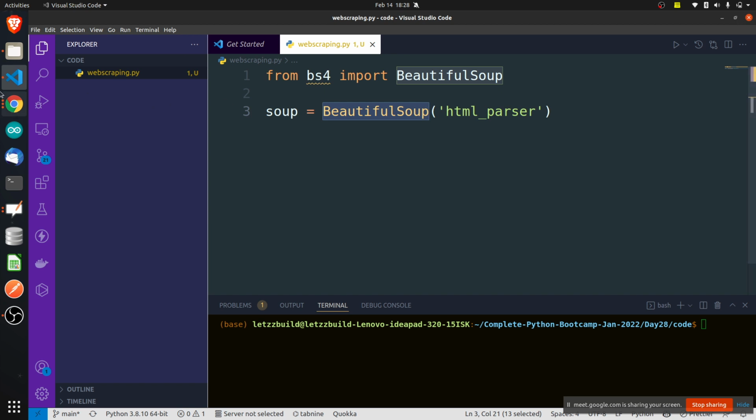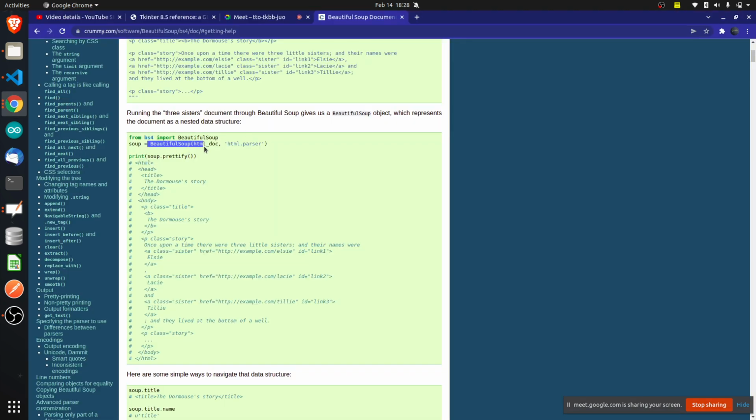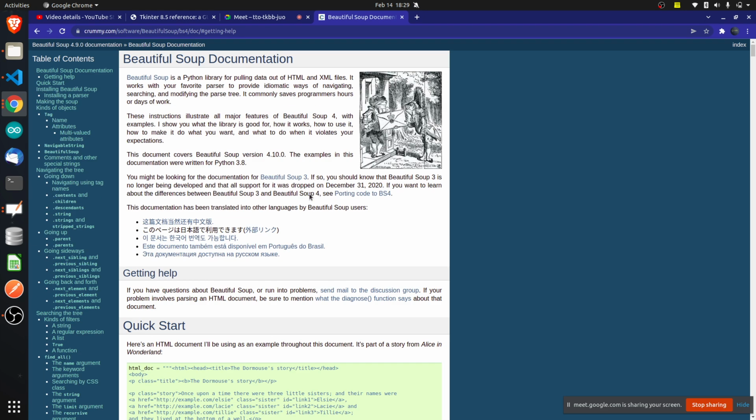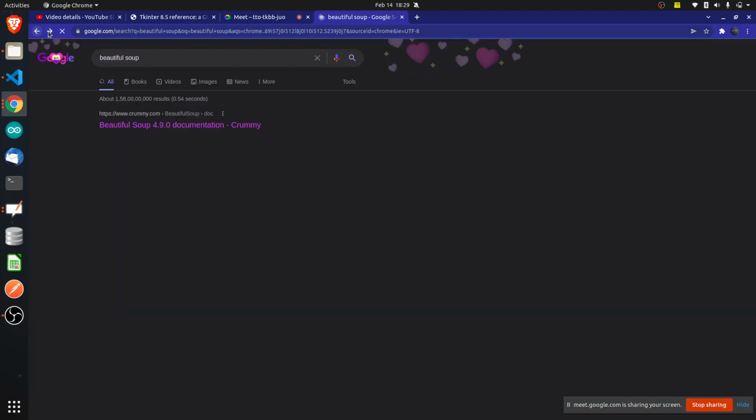First you give Beautiful Soup, then the first parameter is the HTML document which you want to parse. Whatever you see on the screen is created using front-end languages, and one of them is HTML. You can imagine that all this data is in the HTML file, and you want to pull that data. So you specify which HTML document you want to scrape and which parser you want to use. That is what they are trying to tell. Okay, let me do one thing.